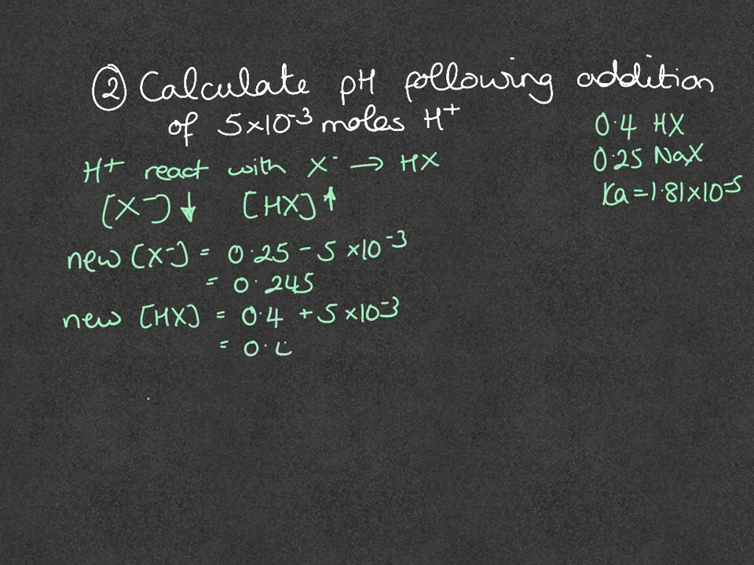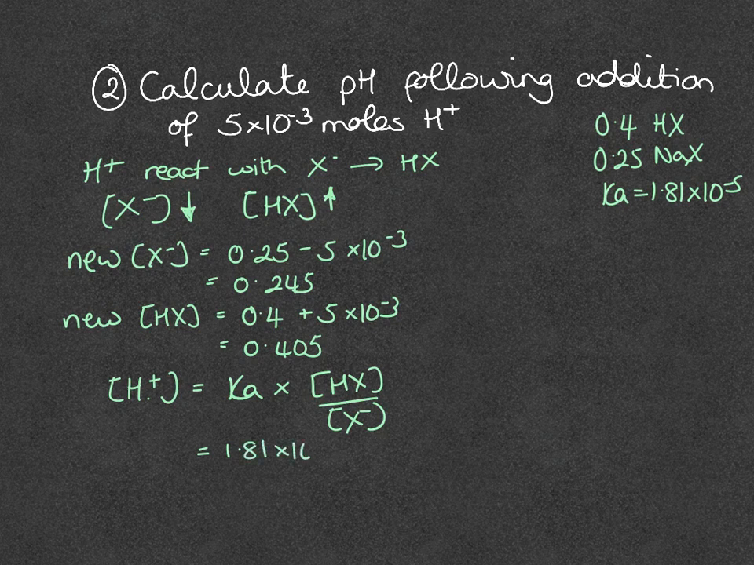So that's going to give us 0.405. So plugging this into the calculation as we did before, concentration of H+ is equal to Ka times HX over X minus. So 1.81 times 10 to the minus 5 times 0.405 over 0.245. So that gives us an answer for H+ of 2.99 times 10 to the minus 5, and therefore